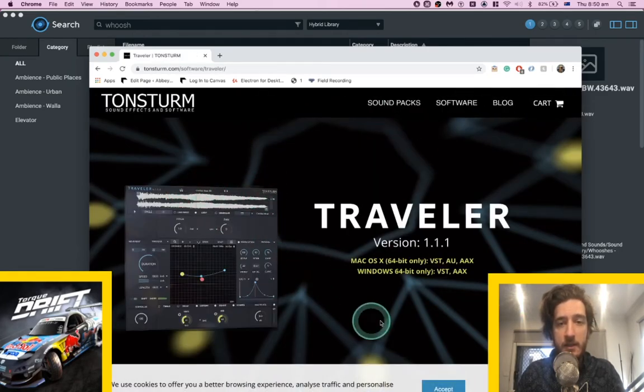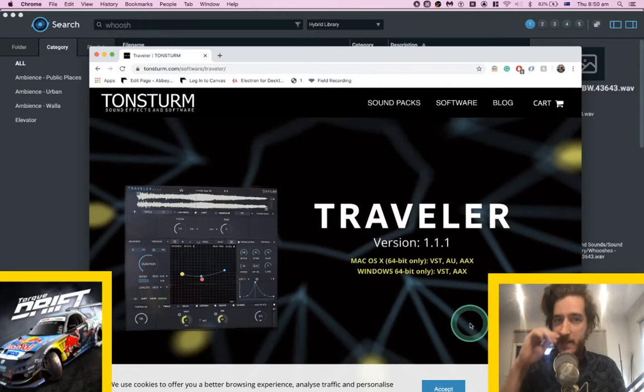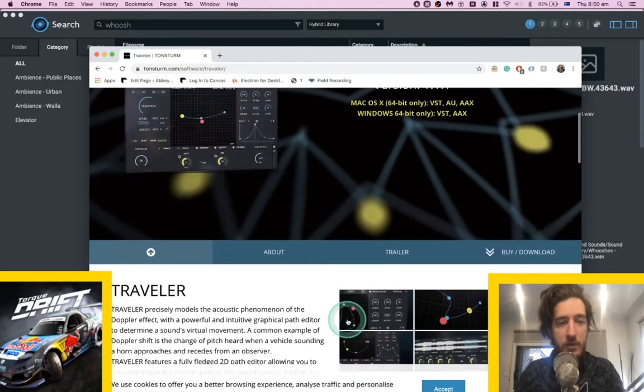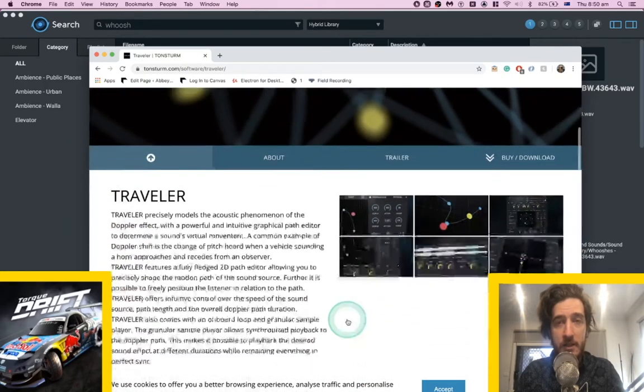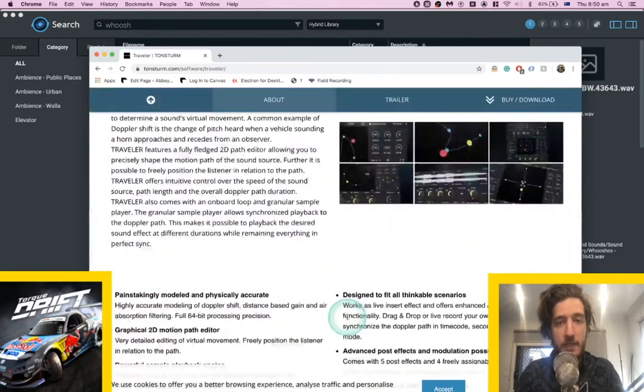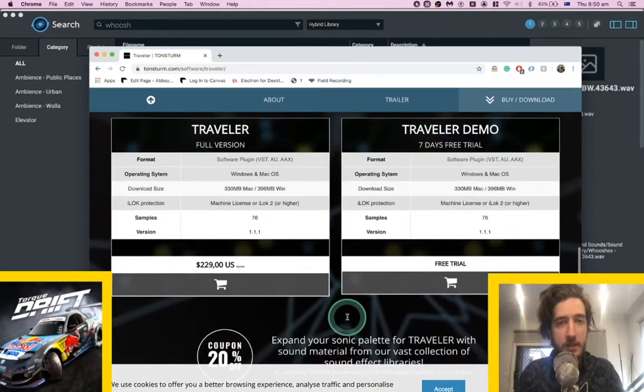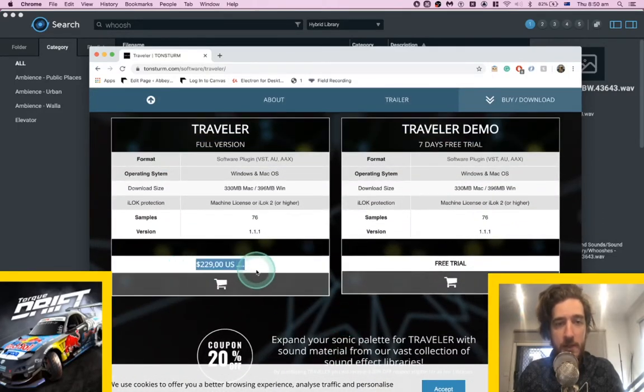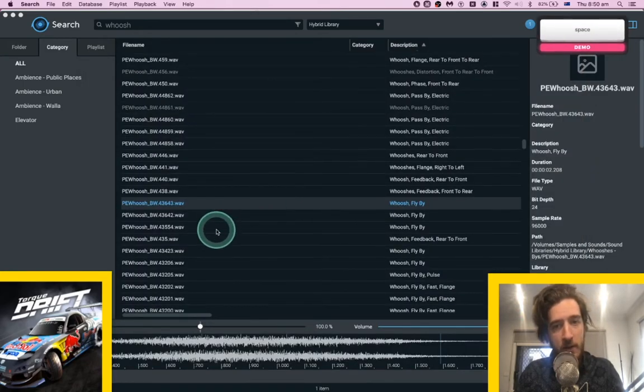In this, it does like Doppler passes and stuff. I mean, I've got a Doppler plugin, but it's not as cool as this. It makes like whooshes and stuff. Really, really cool. But again, another one of those tools that's like $300 or $500 now if you're Australian.